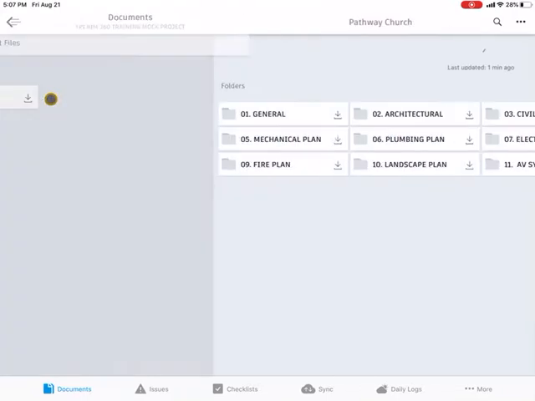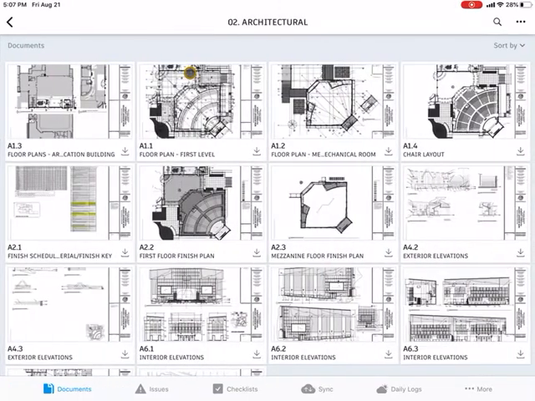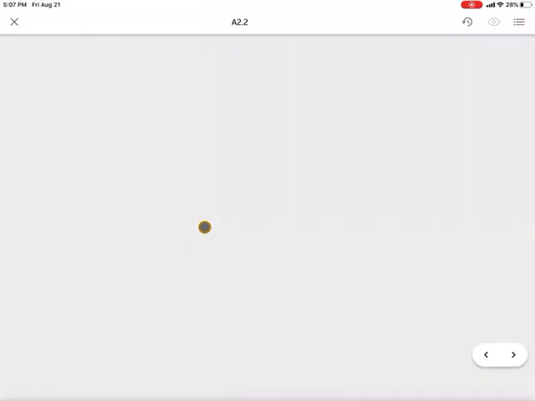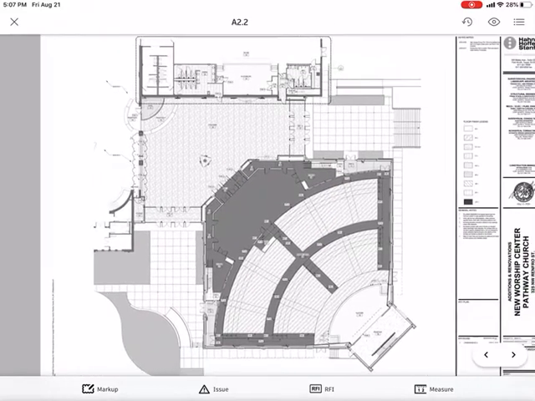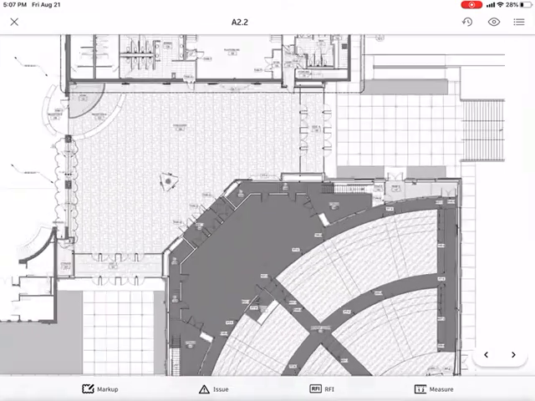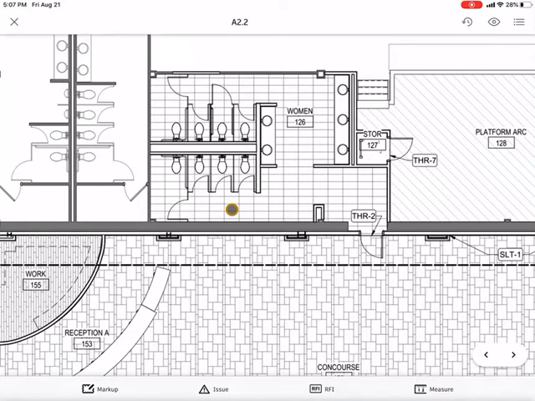So let's go ahead and in our folder, we'll open it up. We'll go to the architectural plans again. This time we'll go to A2.2, right down here. We'll open this plan up, and again you'll see on this particular plan, I don't think we've got any hyperlinks on here, so it's a pretty simple plan. Go ahead and let's magnify a particular area. In this case, let's just take the women's restroom, room 126, and we're going to mark this area